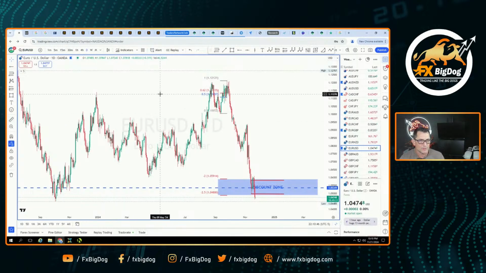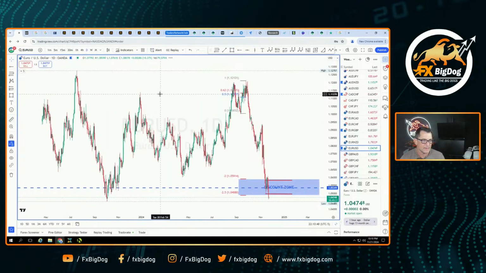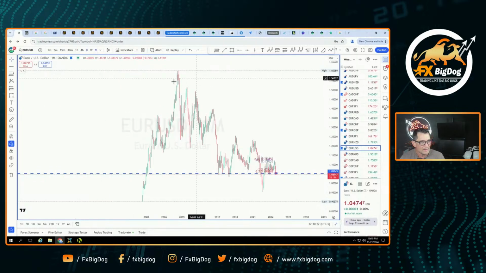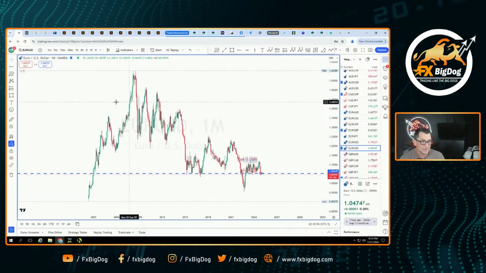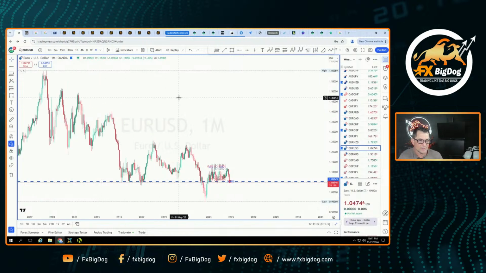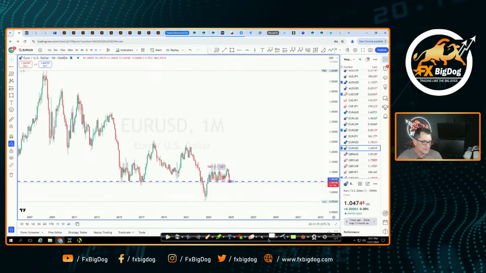Okay, euro US dollar. Remember, I'm going top down analysis, right? There's a top down analysis starting off the monthly time frame. Why am I going to the monthly time frame? Because the market has certain levels that are important, right, traders? Certain levels are important. The one thing that you have to understand, and this is the deal here on the euro US dollar. Let me go ahead and pull in another tool. There we go. I'm going to pull in this tool here. So this is the thing.